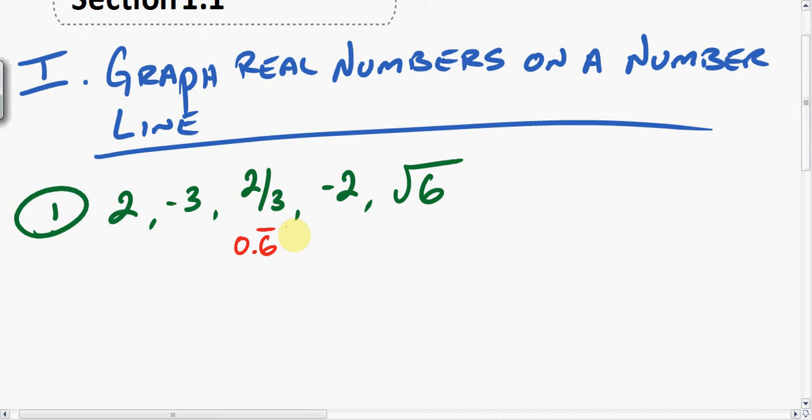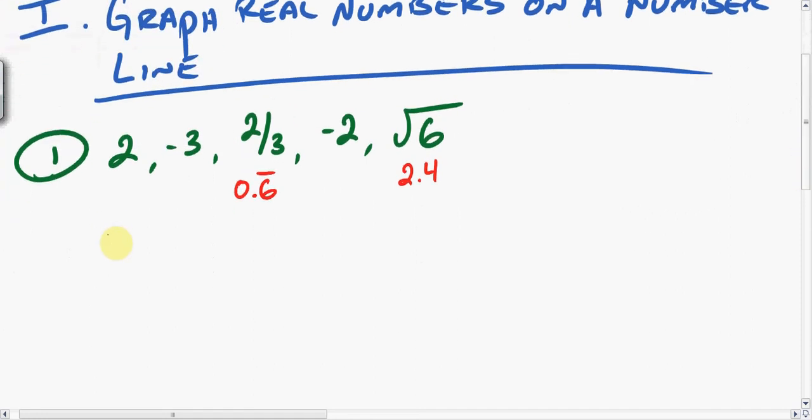And the square root of 6, well, we know the square root of 6 is going to be irrational. It's not perfect. So we know the square root of 4 is perfect, and the square root of 9 is perfect. So it's going to be somewhere between 2 and 3, and the square root of 6 is somewhere around 2.4. Alright, that's a rounded number, and that's just going to give us a nice estimate as to where we're going to plot them on a number line. Alright, so step 1